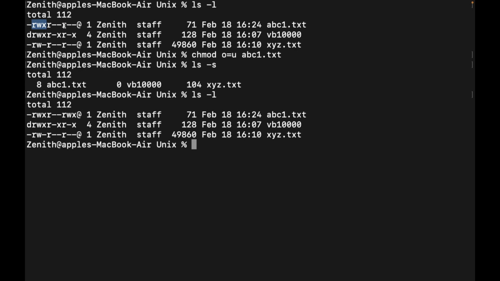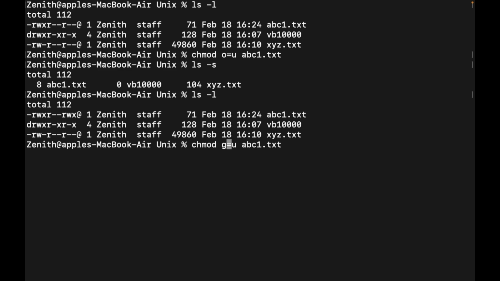only reading permission. But now what I have done, I use the chmod command, and here I just assign the user permission to the other. So that's why now user permission and others permission are completely identical, completely the same. Even I can do the same thing with the group permission too. So for that I just need to use